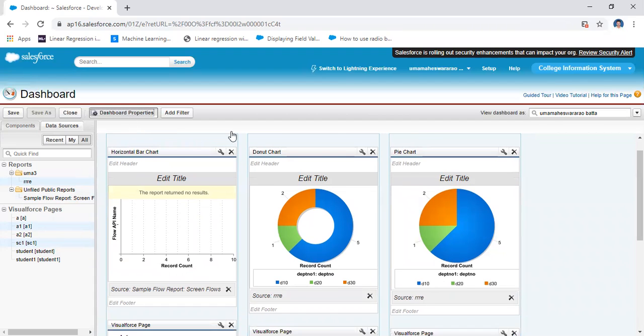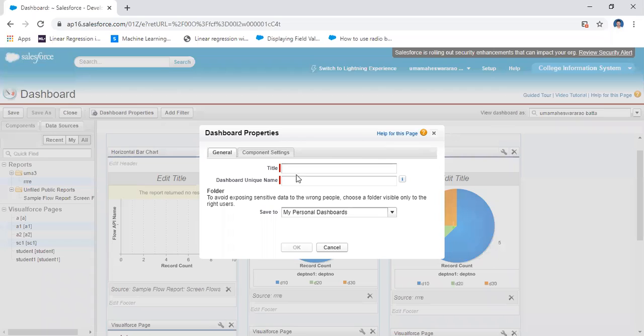If you come to the dashboard properties, the title, here you may give the title. The title here is, for example, UMA_dashboard. Then the name is automatically given, and then where the personal board is located.